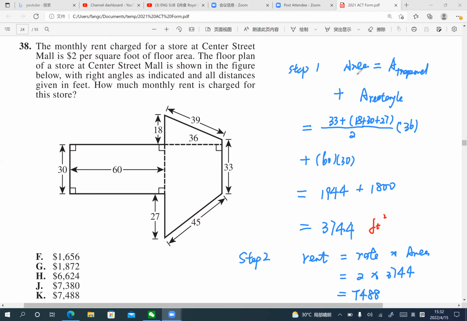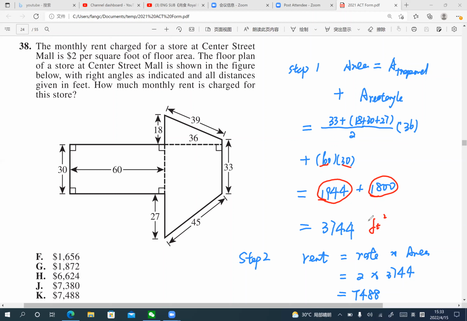So let's do the first step. The area is comprised of a trapezoid and a rectangle. The area of a trapezoid equals the sum of the two bases, which is 33 plus 18 plus 30 plus 27, times the height of the trapezoid, which is 36, divided by 2. And the area of the rectangle is equal to the length times the width, which is 60 times 30. After we do the calculation, the area of the trapezoid is 1,944. The area of the rectangle is 1,800. So the total area is